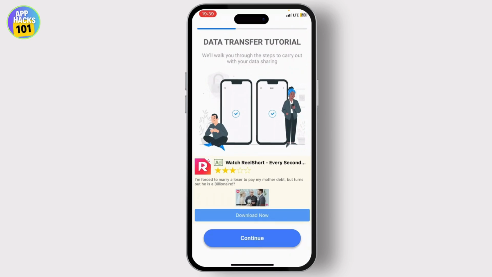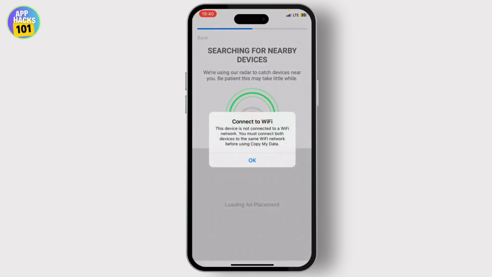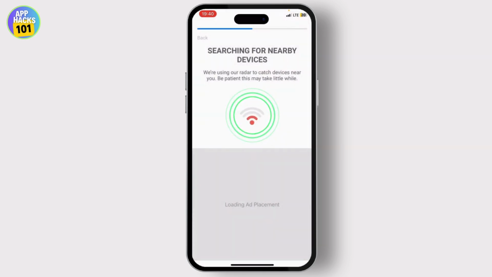Now, after you've given the permission to the app, you need to just continue and then choose a transfer method. Now you can either use Wi-Fi or your Google Drive. Let me just use my Wi-Fi, and then if you have done the same on your Android device, your Android